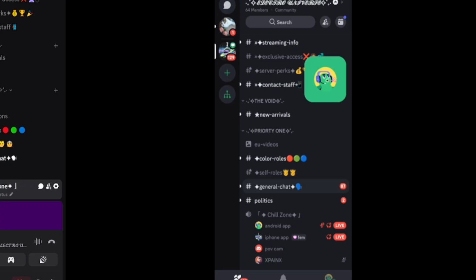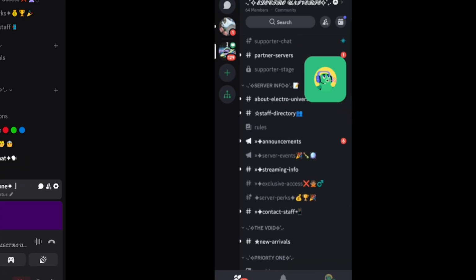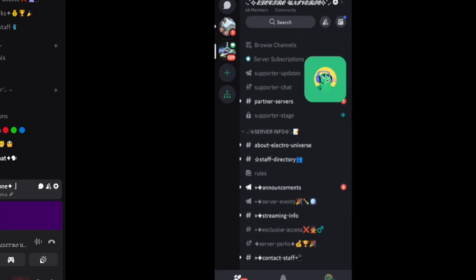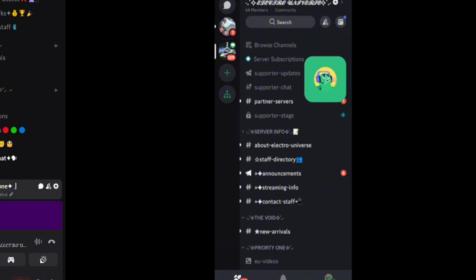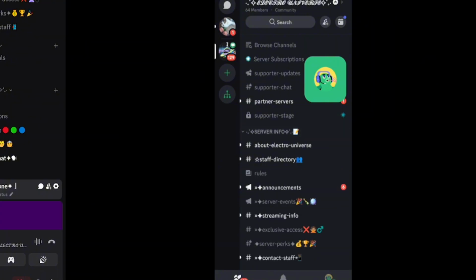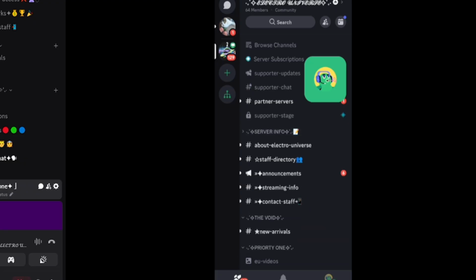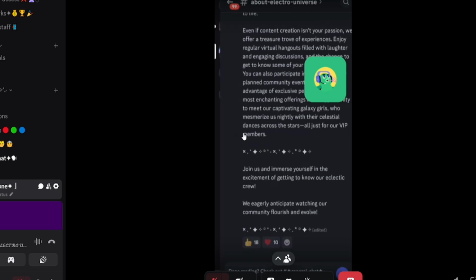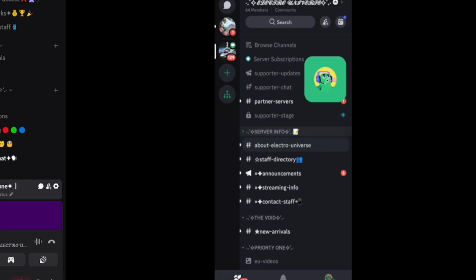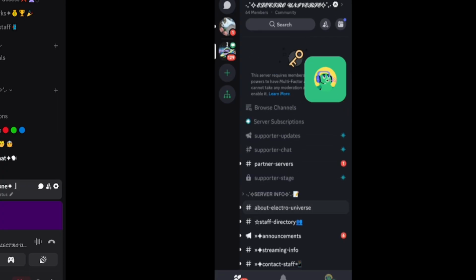And if this is looking overwhelming, like it's too much, you can collapse the categories. You can press these arrows on the left-hand side, right next to the wording. You can just tap on it with your finger, and it'll open and close them so that you don't see as much,